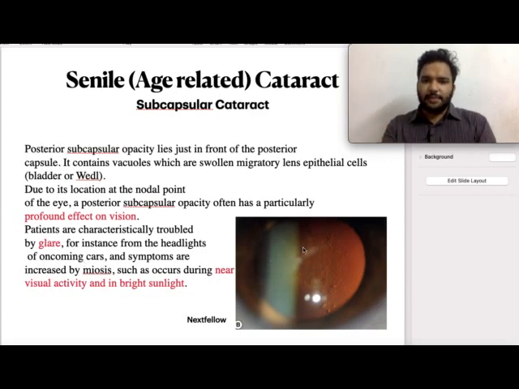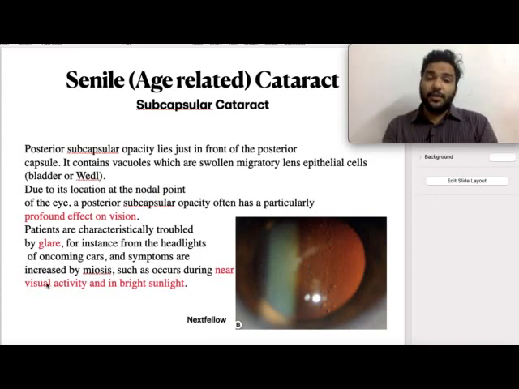The reason is that the posterior subcapsular cataract happens on the posterior subcapsule, and miosis is an important problem that can cause even more troublesome glare or even more troublesome vision defect, that's due to miosis. So in the case of headlights coming, you will have miosis, and in case of